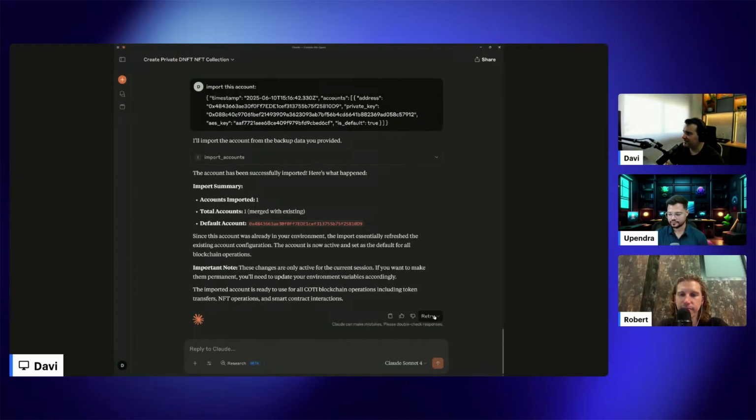But it's nice, if you want to preserve that information, sometimes you create an account that you want to reuse, and then you need to export it. It's very important because otherwise you won't be able to recover it again, because all the private keys, the AES key, all the sensitive information will be in the context of your conversation. So you need to export it if you want to reuse it.